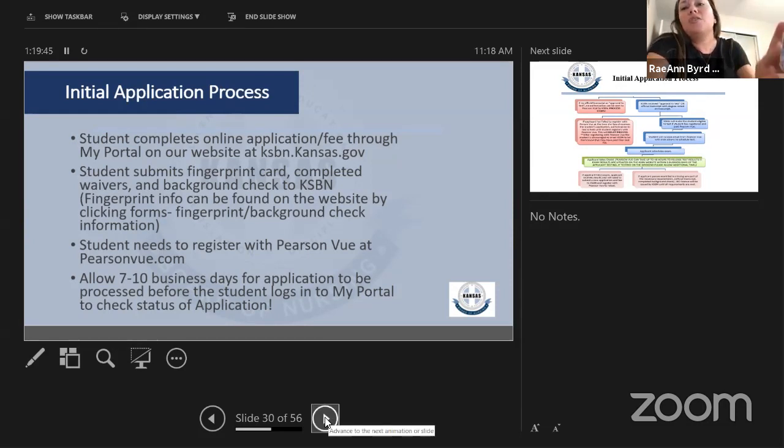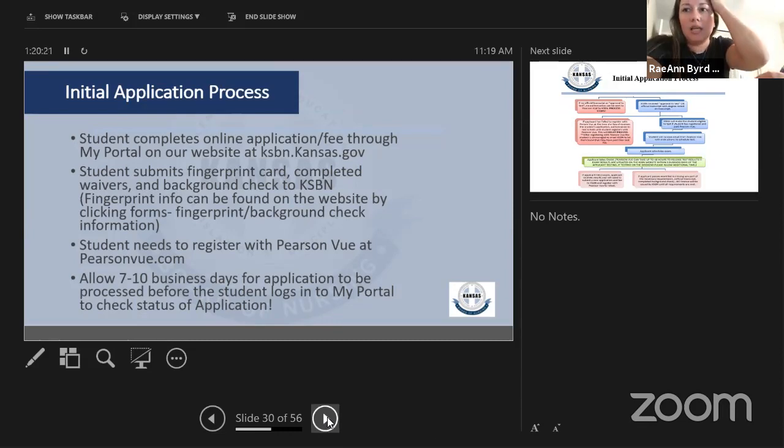We tell the students to allow at least 7 to 10 days for the application to show up as processed before they go in and check. What we are having a problem with is applicants go in and submit the application and nothing moves on their checklist just because we haven't had a chance to process it. And they either go in and do a duplicate application, or they start calling because nothing has moved. And it's just because it hasn't been processed yet. So we do ask to allow about 7 to 10 days for the process.